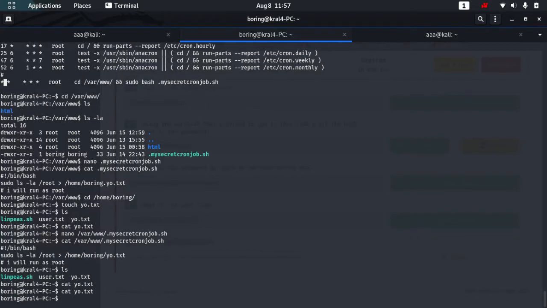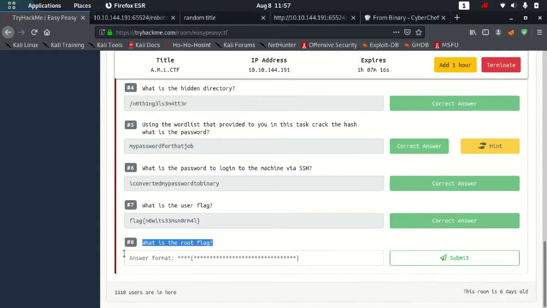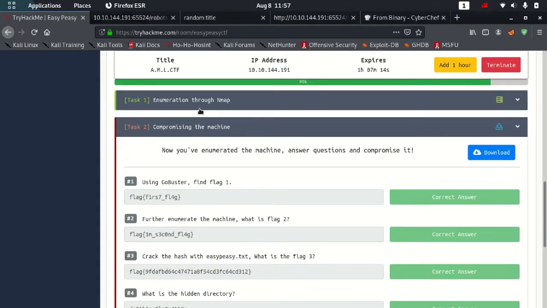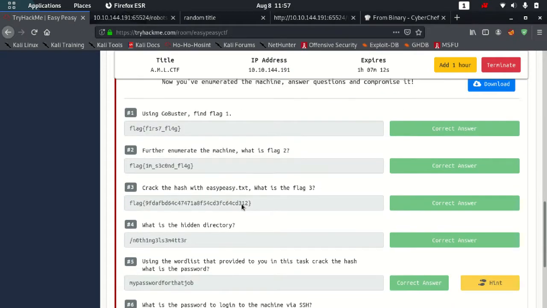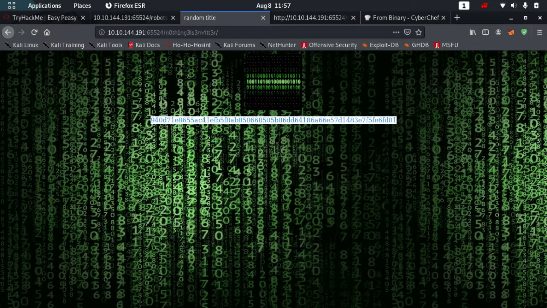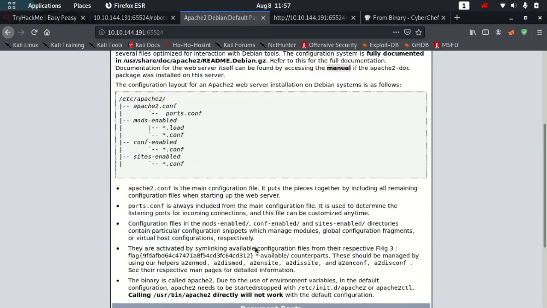So let me explain till that time what we did. Just Gobuster and Nmap, a really long Nmap scan, and Gobuster. With Gobuster I found flag 1, which was encoded in base64. Then flag 2 was in the robots file. Then flag 3 we found just before this page, written over here.